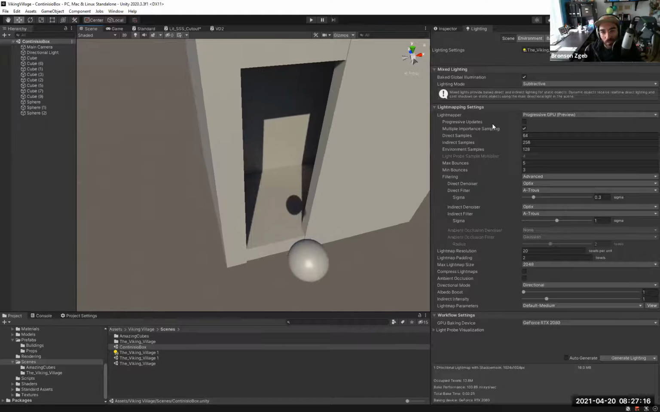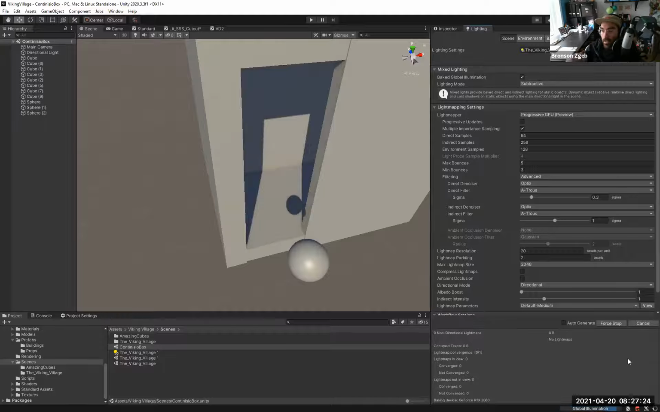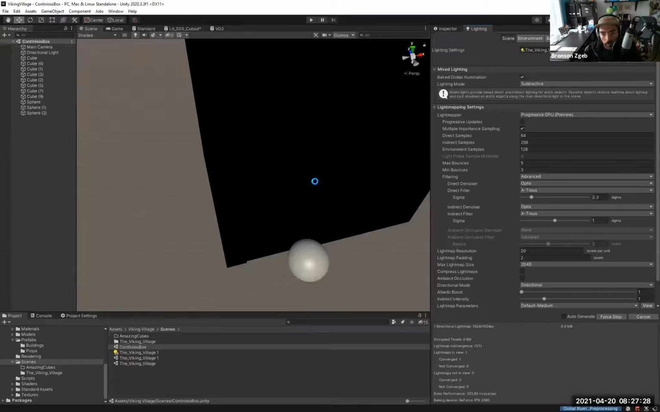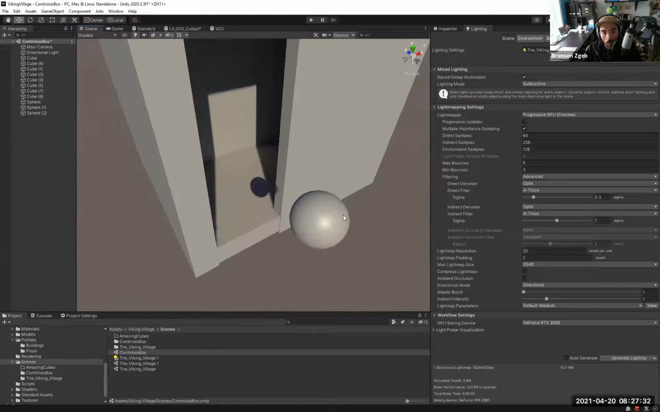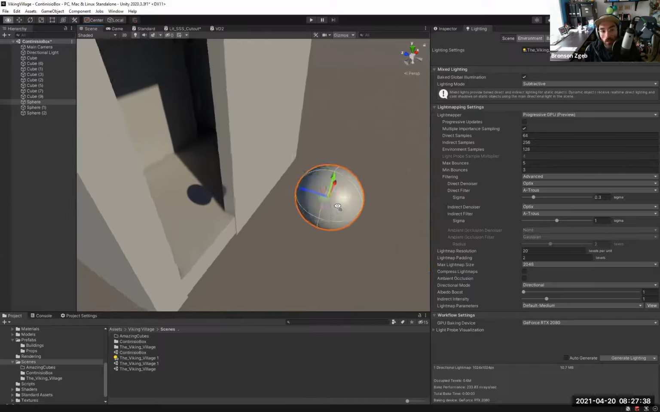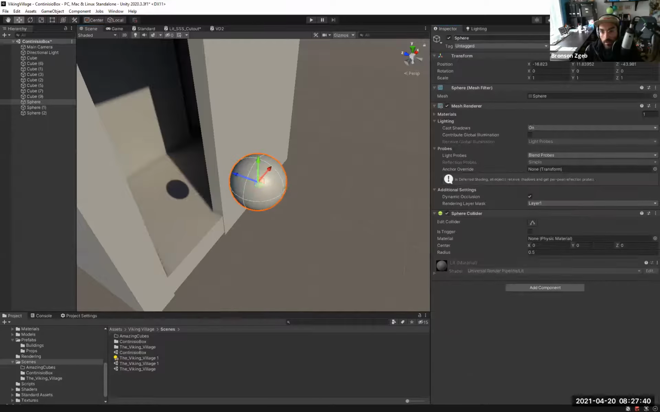So subtractive mode is the cheapest mode. It's what you're probably going to use if you're working on mobile or any kind of lower power devices, or just trying to target a larger amount of devices. And the way that subtractive mode works is basically our real-time objects, our dynamic objects. So this sphere is not static, it's dynamic. When it casts a shadow,